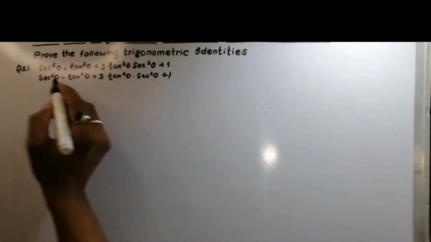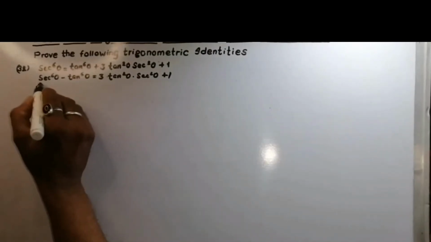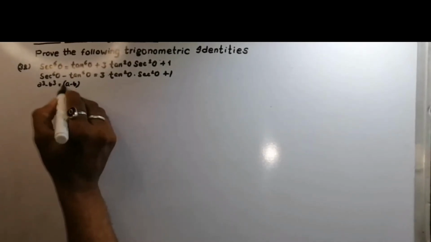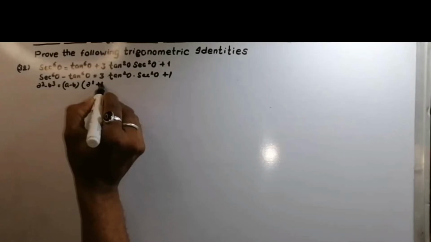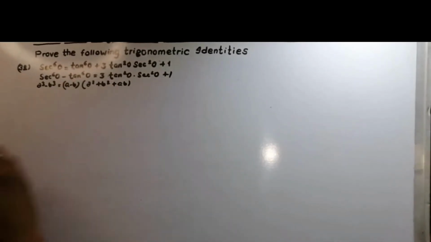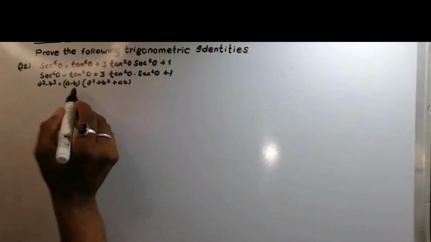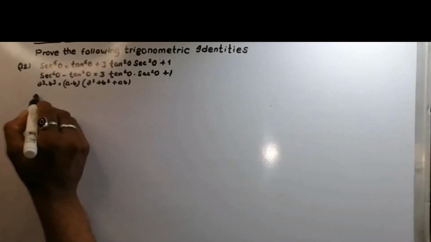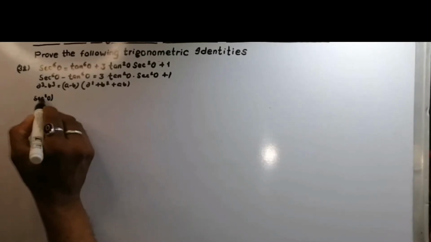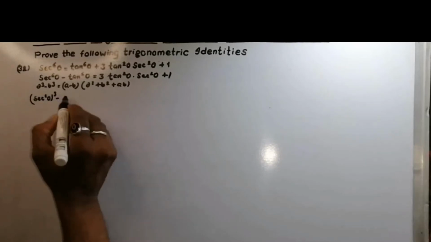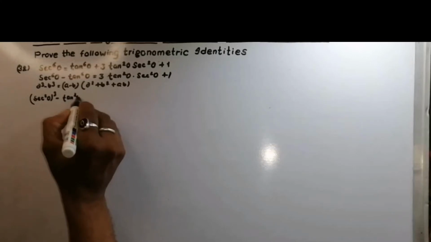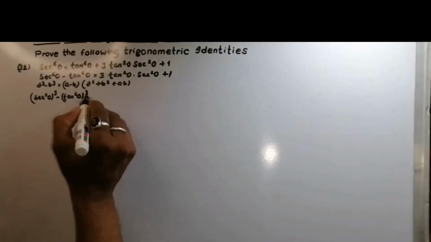And we know the property of a cube minus b cube, this is a minus b, a square plus b square plus ab, so we can interchange this equation like this identity. You can write sec square theta cube minus tan square theta cube as